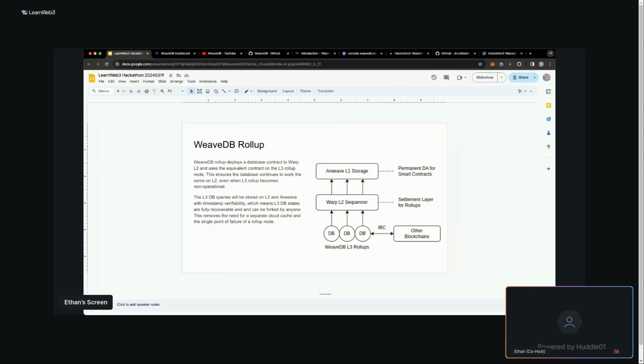How this works is that the WeaveDB rollup deploys a database contract to Warp layer 2 and uses the equivalent contract on the rollup node. This ensures the database continues to work the same on layer 2 even when the layer 3 rollup